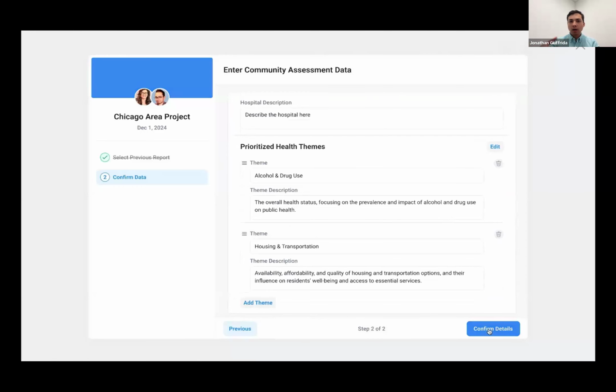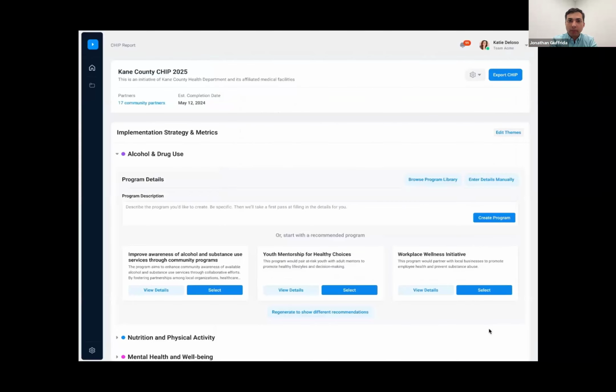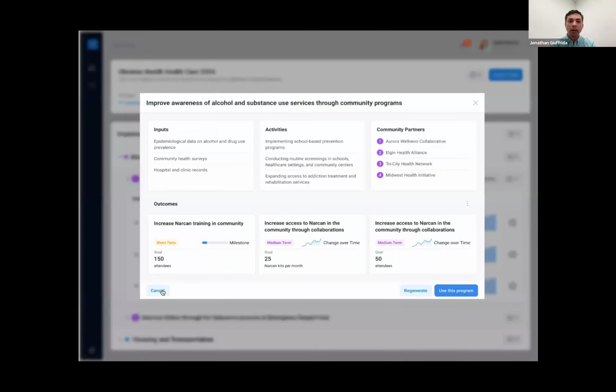So we can confirm all this information we're pulling out of our CHA process. The first thing AI is going to do is, based on the prioritized health needs that we have from you and information about your community and your system or your health department, recommend programs to you, based on a validated program library that we've assembled from sources like County Health Rankings and the CDC, NACCHO, and a number of others.